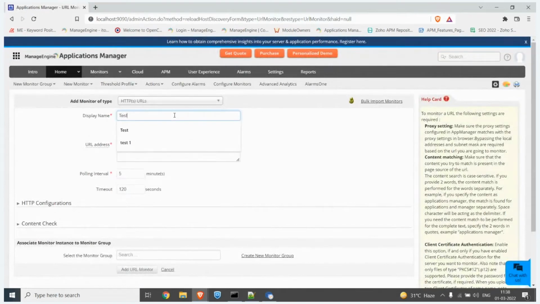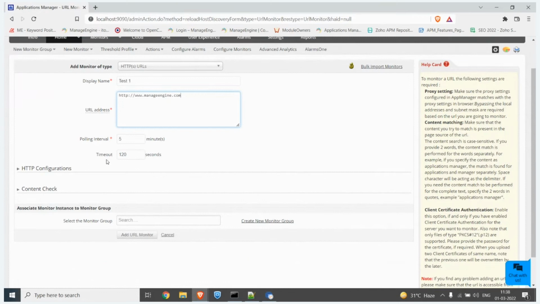So you can give the name of the monitor and add the URL that you want to monitor. You can specify the polling interval and timeout.